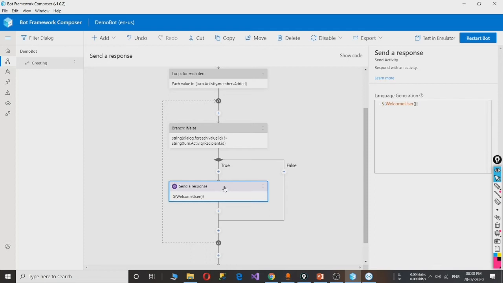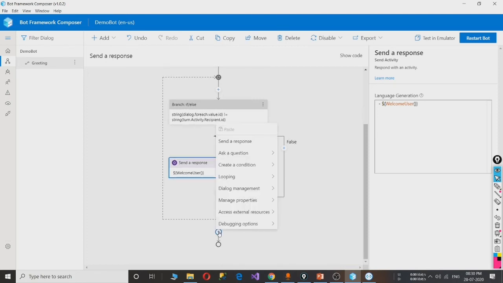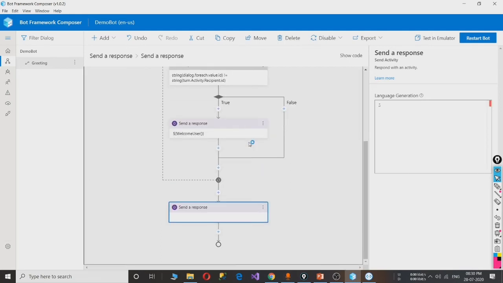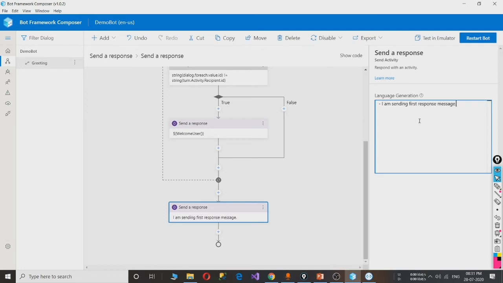Now I will show you how the bot will send a response to the user other than this greeting message. Click on the plus icon and click on send a response. Here in the language generation box, whatever you type will be reflected back after the greeting message in the emulator. Suppose I am sending the message first response message.